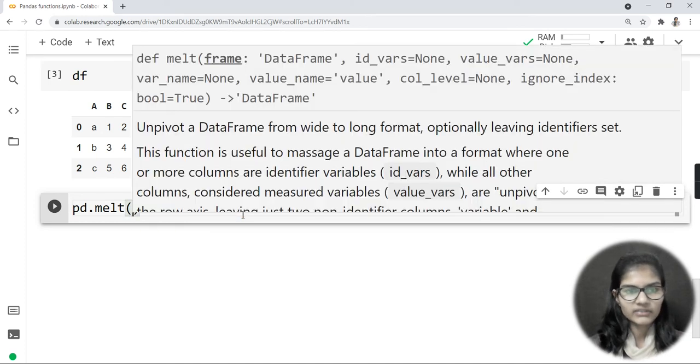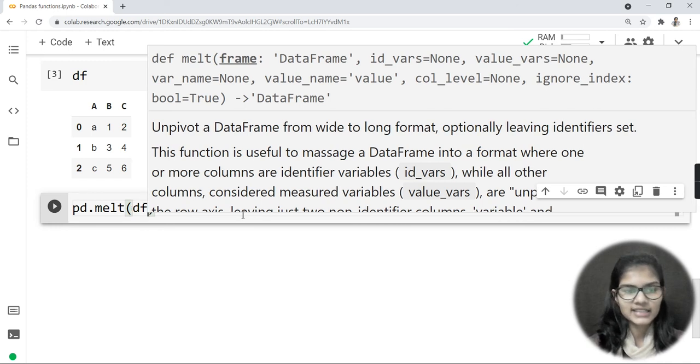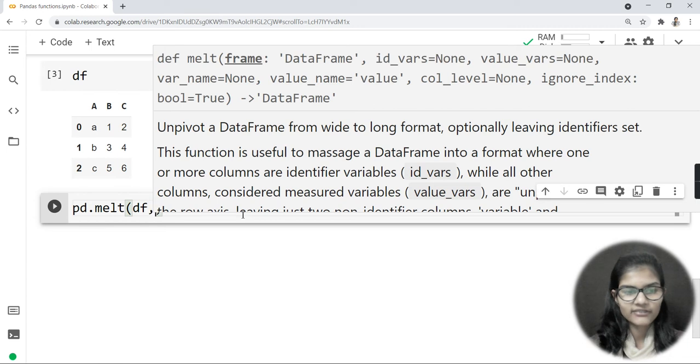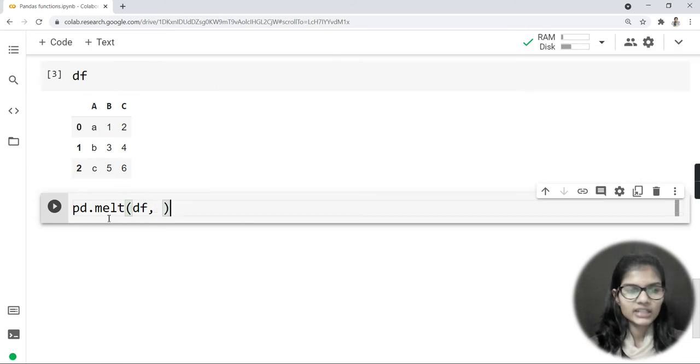Now inside this melt function, firstly I need to give the variable name in which I am storing my data. In my case that is df, comma. Now in this melt function we have a parameter, and that parameter is id_vars.